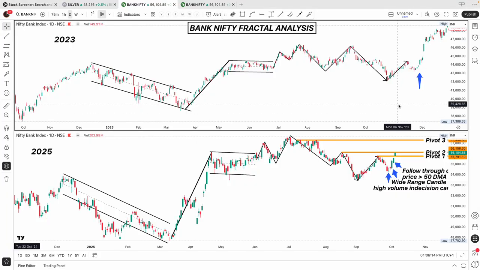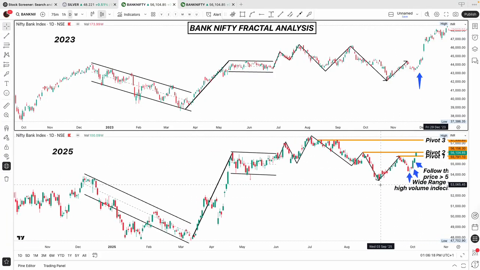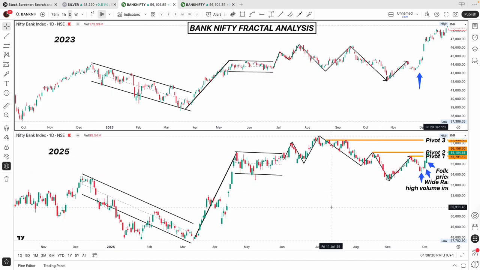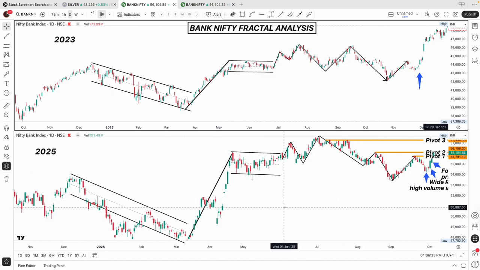So let me take you to the chart itself. These are some markings that you have to ignore for now. I just made them for a recent post. But I want to talk about what I saw basically and how you can also spot this in the future. One of the first things that I want to talk about is how fractals are a very important topic in stock markets. I cannot emphasize how often patterns repeat in the stock markets, because the collective psychology of the participants reflects in the price action that plays out.